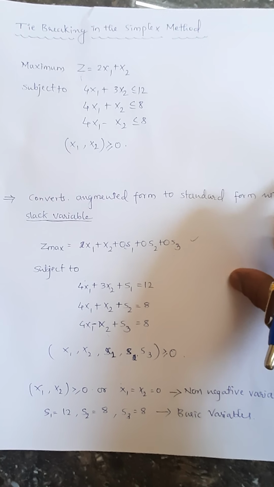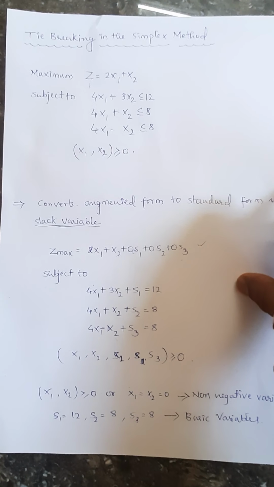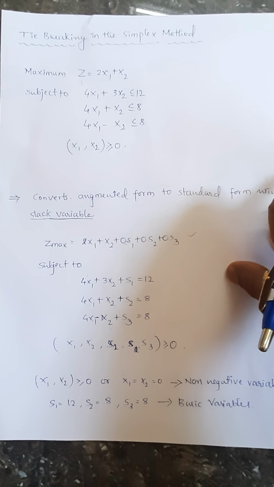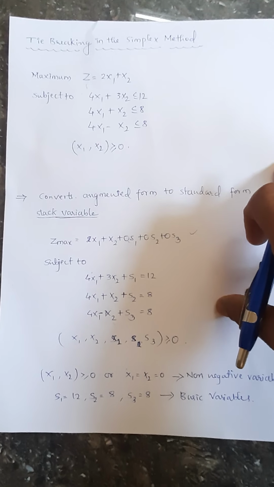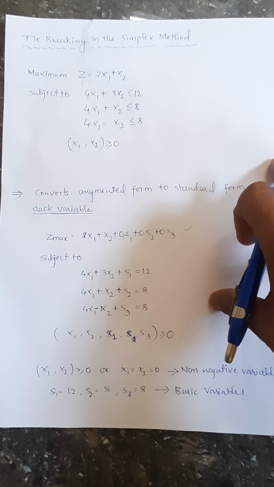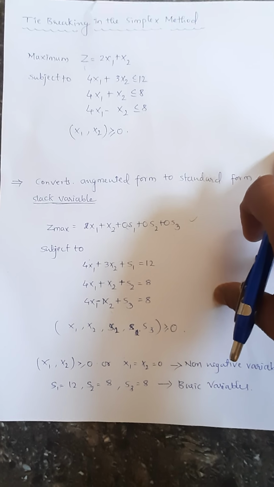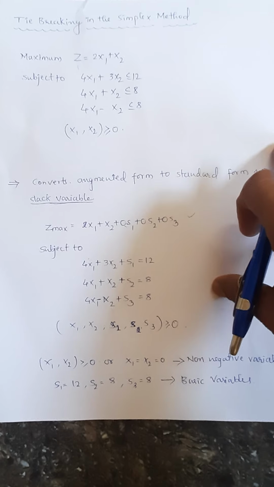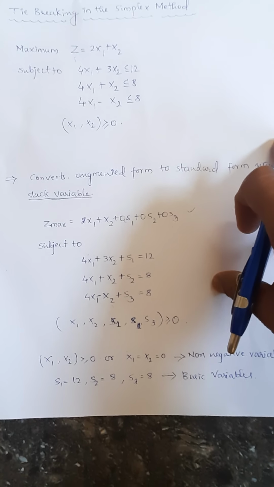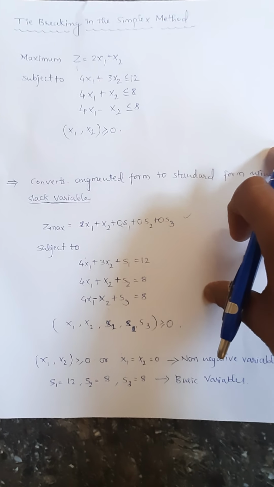Today, we are discussing tie breaking in the simplex method. All of you know how an LPP is solved using the algebraic method and the tabular form method. In the tabular form method, we enter the values of the different variables, that is the non-negative variables and the basic variables. During the solution, sometimes